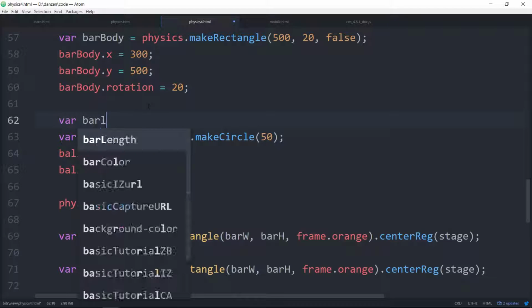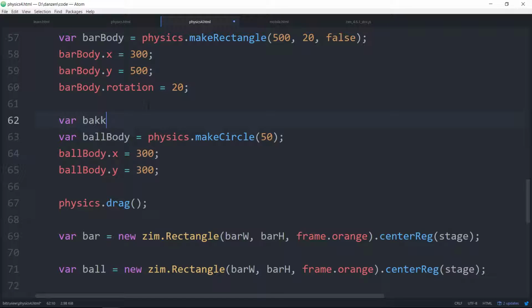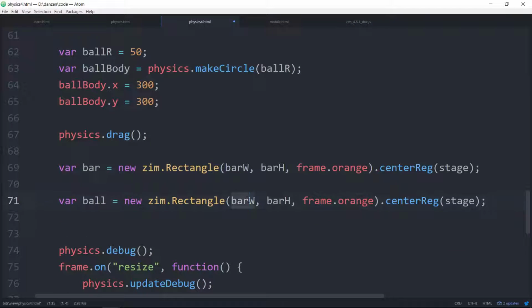Var ball r is equal to 50. And then we take the ball r from there and place it in there like so, and place it here and take it down here. And that becomes a circle. So var ball is a new ZIM circle. We'll make this one